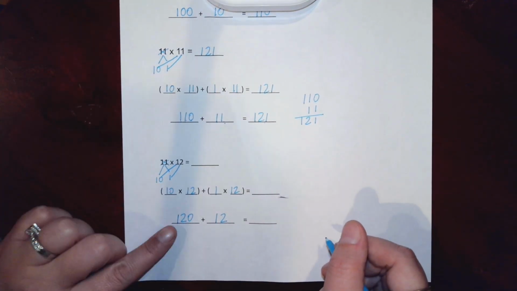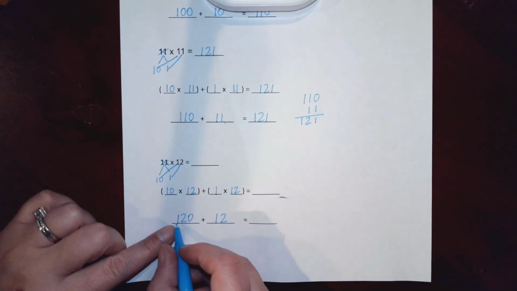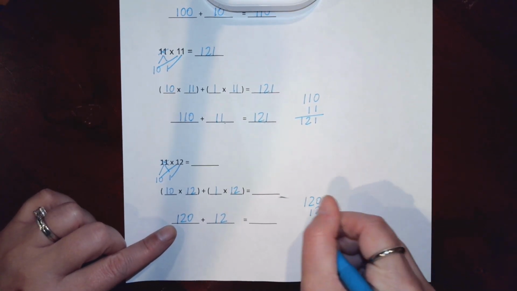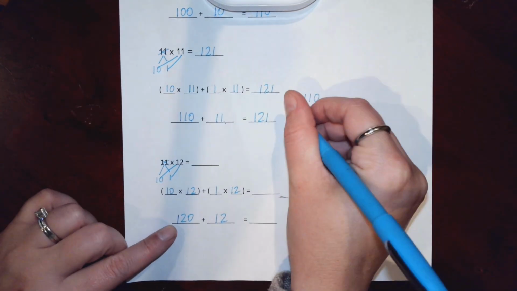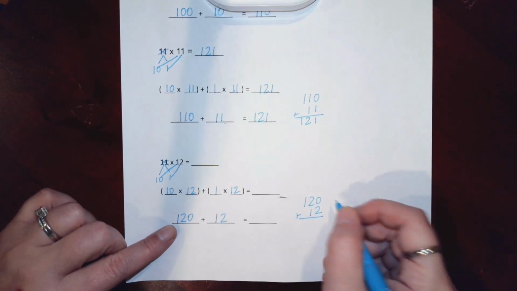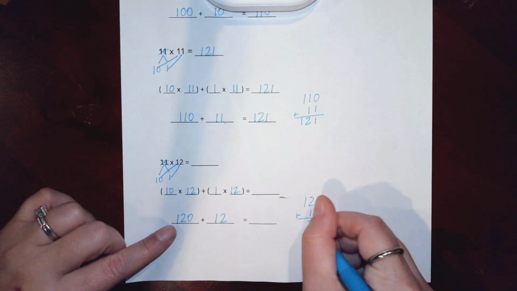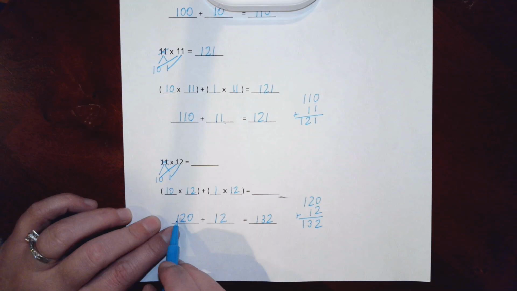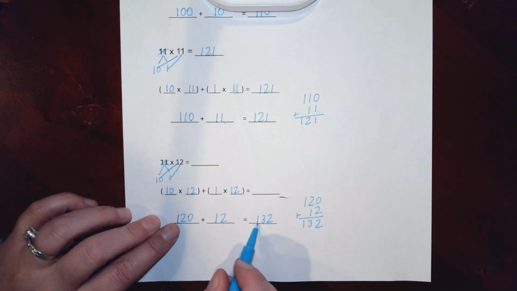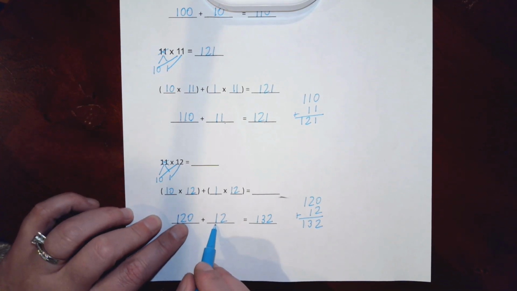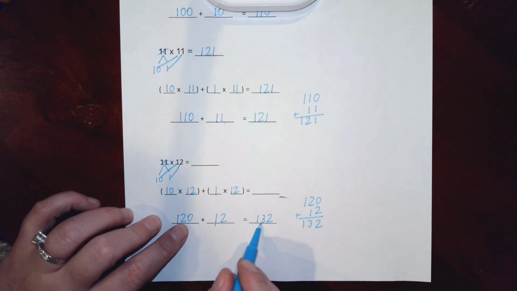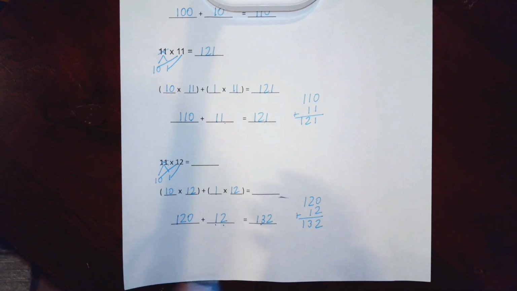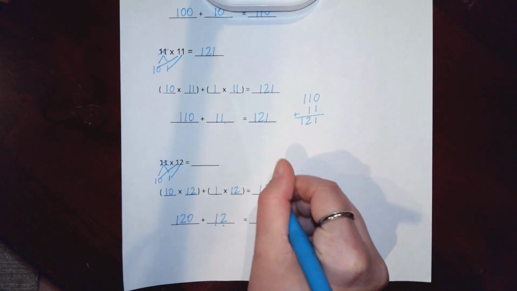Okay, so now I need to add this again. So here I can set it up on the side if I need to, if we're not seeing that. Okay, we're going to add those. So then it's 132, or I just look at it again. Oh, I have 100, so I put the 100 there. In the 10s, I have a total of 3, so I'm going to put that there. And the ones, I have a total of 2, so I'm going to put that there. So my final answer would be